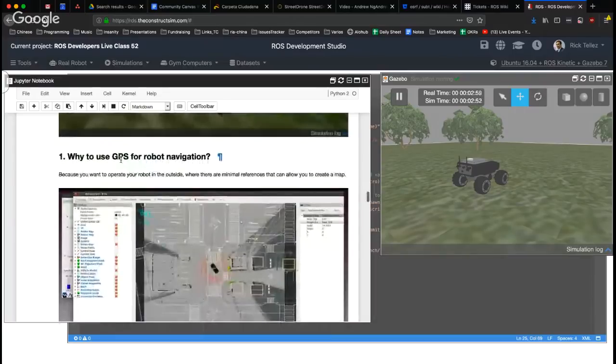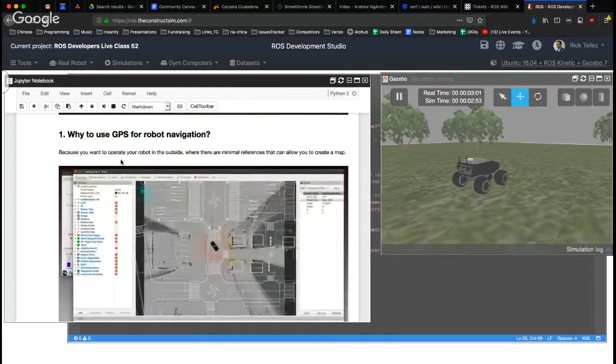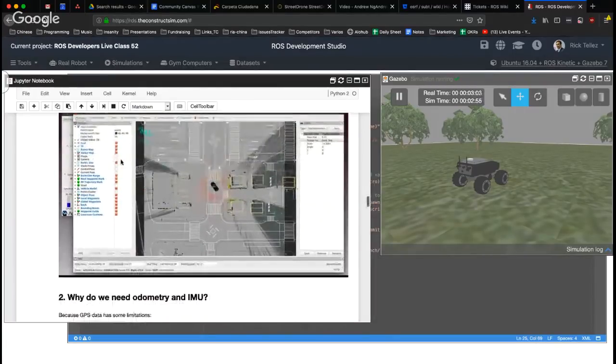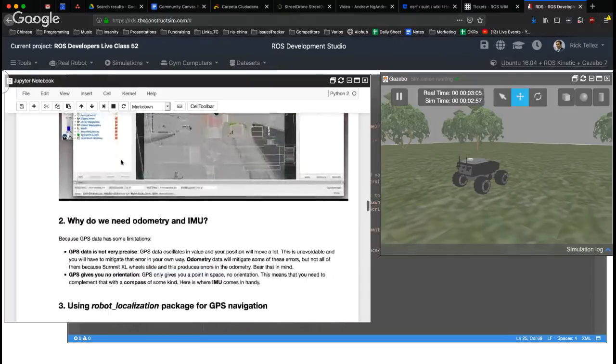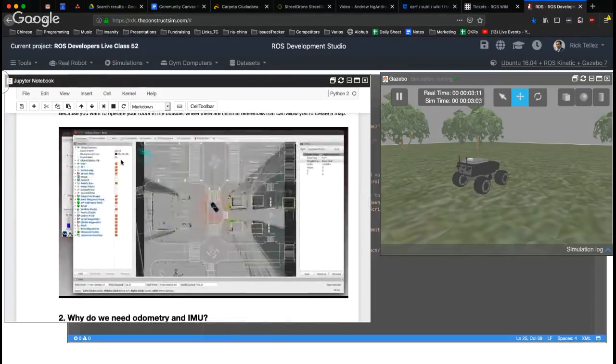Then why use the GPS for navigation? I already explained to you, because we want to localize the robot outside the buildings, and then make a map. Even if you can do it, it's very prone to mislocalize your robot, because there are not many reference